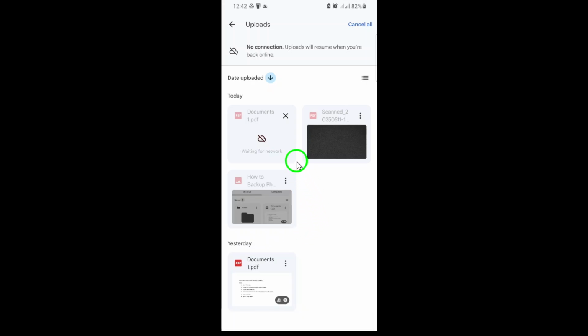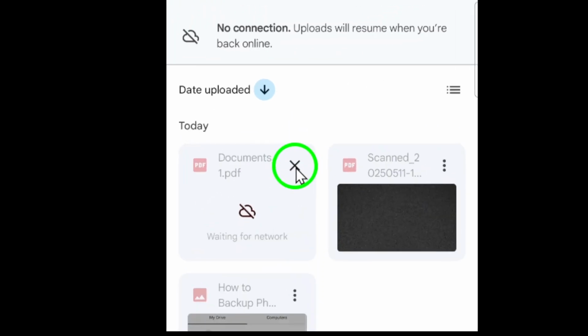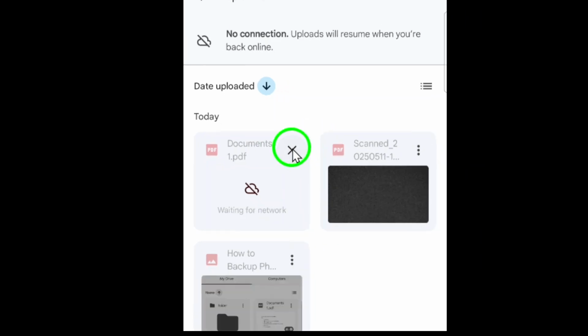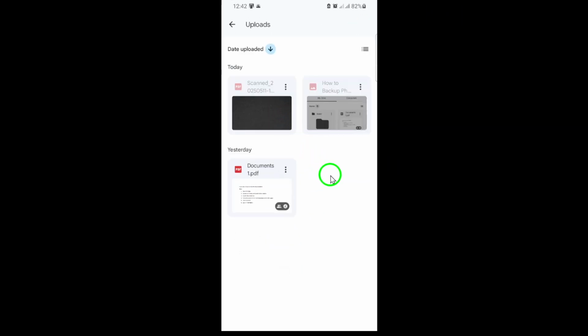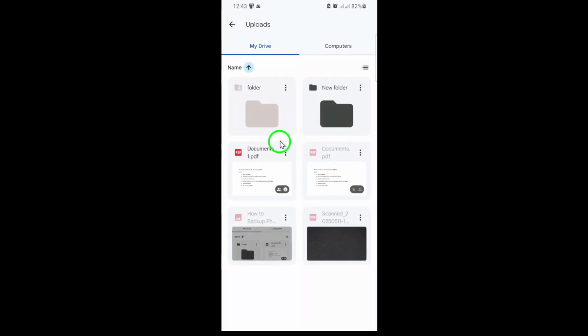Once you see the upload bar, look for the Cancel button. On most devices, it's either labeled Cancel or shown as an X icon. Tap or click on this button. As soon as you hit Cancel, Google Drive will immediately halt the upload process. You'll see a message confirming that the upload has been canceled, and the file will not be saved to your